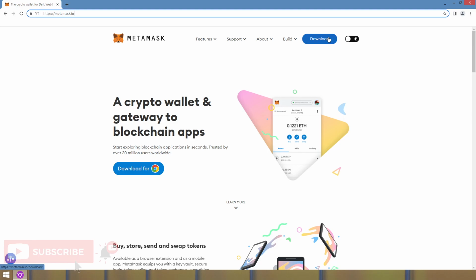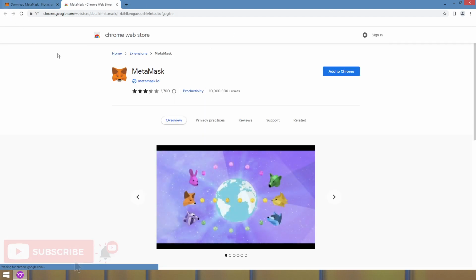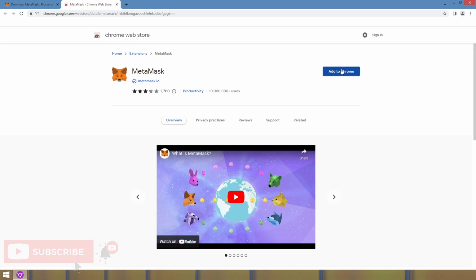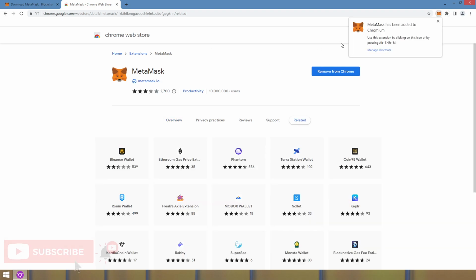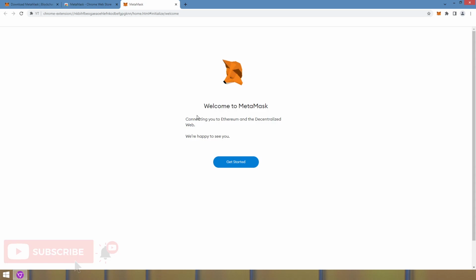And then we can click on download, install for Chrome. This will take us to the official Chrome Web Store extension page for MetaMask. Add to Chrome. Add extension. It's adding the extension right now. It'll just take a moment. And there we go. It's been added and it will automatically take us to the page that will help us